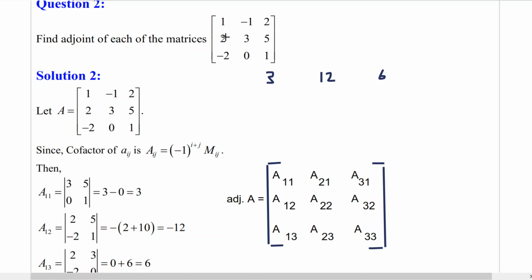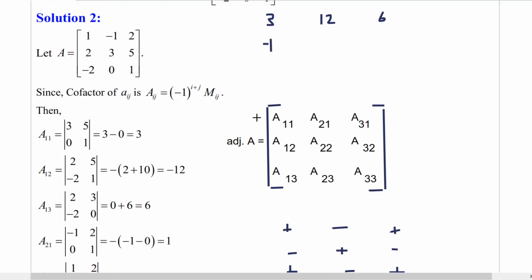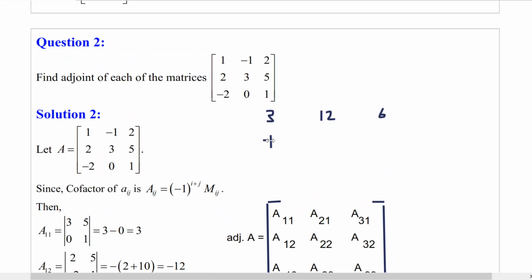Now this minor. So hiding this element A21 by column and row, I have minus 1, 2, 0, 1. Solving it, I'll get minus 1 minus 0, that will be minus 1 only. So this is the minor 2, 1. Minor 2, 1 is minus 1. Here it is 1 because he is calculating the cofactor. I am finding minors, right? Once I write all the minors, then I'll change their signs according to the sign convention, and then I'll get